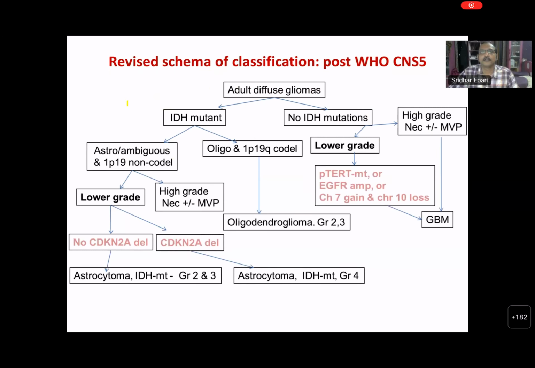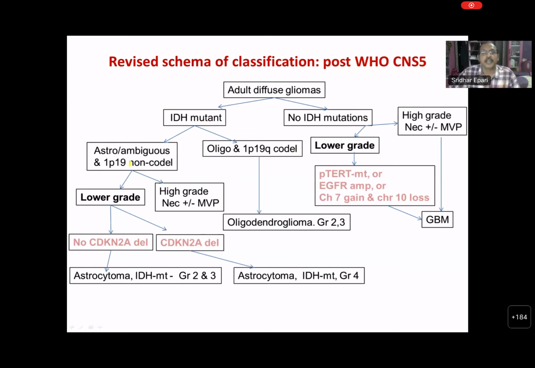Okay. In the schematic picture of what we discussed here, in adult diffuse glioma there are two big groups, the IDH mutant group and the IDH wild type group. In the IDH mutant group, there are two broad groups, astrocytoma and oligodendroglioma. If you have an ATRX loss in an astrocytoma, it cannot be oligo. In ATRX retained cases, you can use 1p19q co-deletion to call the oligo, and subsequently grade 2 or grade 3